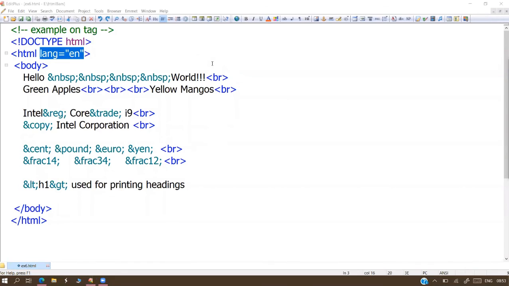Sir, one quick question. For a heading tag, we should have both an open tag and a closed tag, right? Open tag and closed tag are called paired tags. Some are paired tags, some are unpaired tags. Here for the heading you used the H1 tag. Is that a paired tag or a single tag?